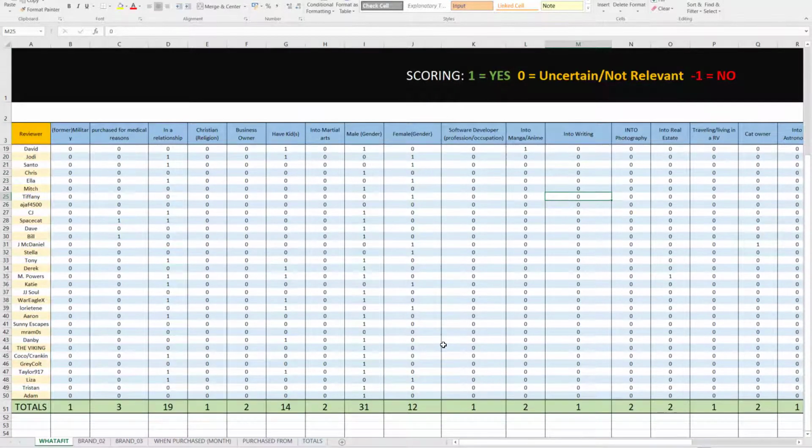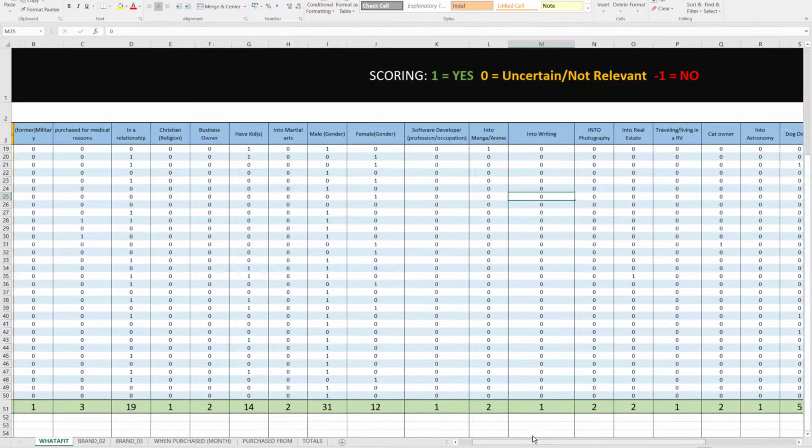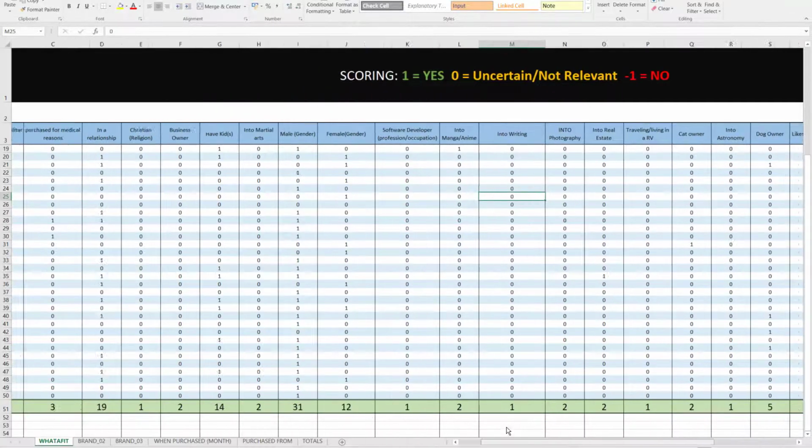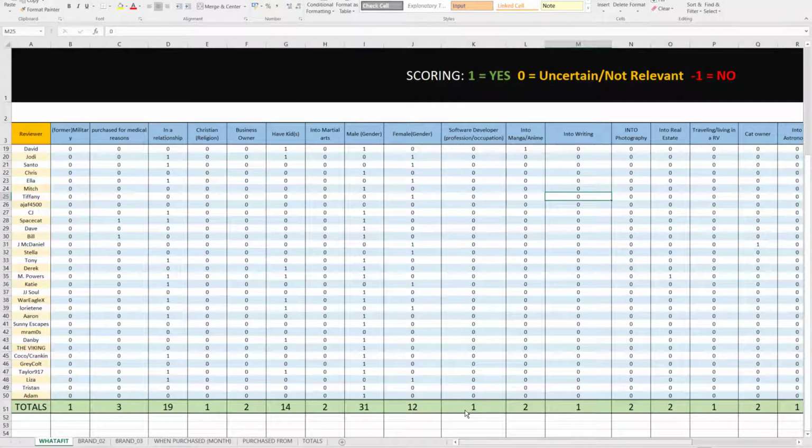Okay, so don't be afraid to delete stuff, right? So I did about 26 character traits, and something like 47 people I sampled from. Okay,